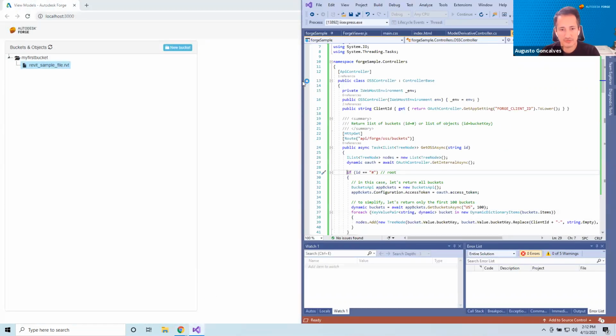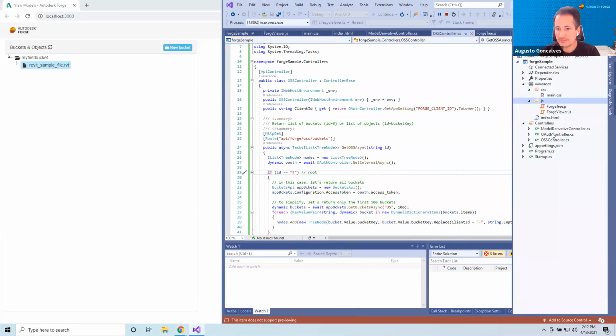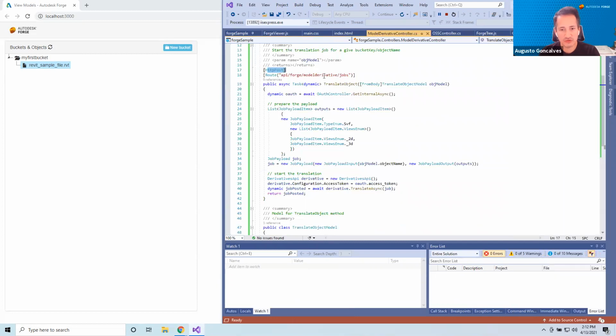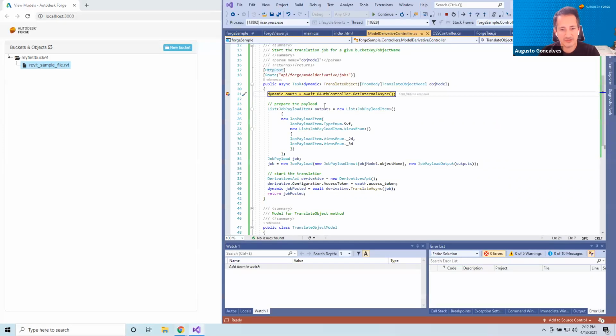Let's see what I did wrong. If something is not working, that's what we should do: go to the post job, in this case, that's what we are triggering there. Let's click here and start translation. And if we hit F10, we can move line by line and see what's happening. So that's here. Here is when we post the translation job. And okay,